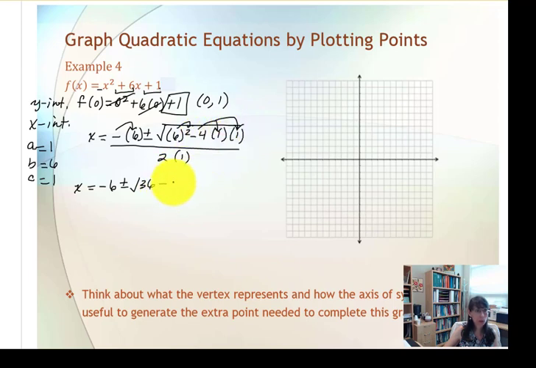4 times 1 is 4. The denominator, 2 times 1, makes 2. Simplifying under the radical, we have 36 minus 4, so that would make 32. It is a positive number, so we will have two x-intercepts, but we need to break down 32, probably with